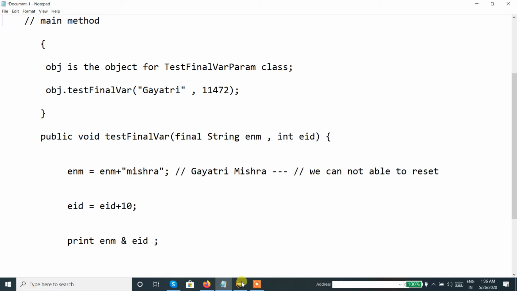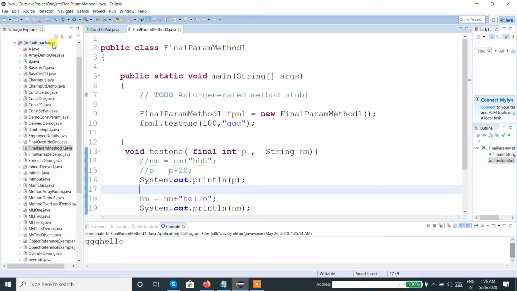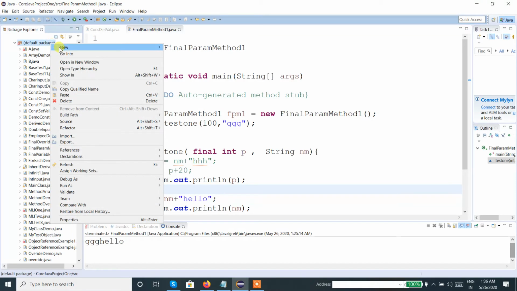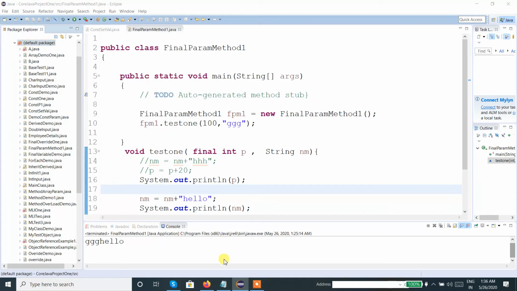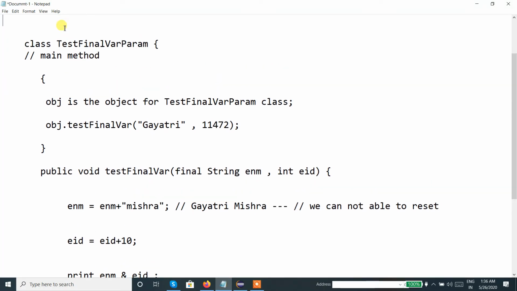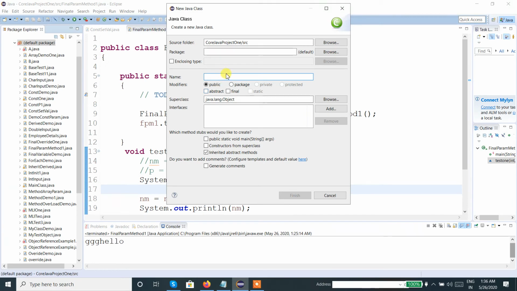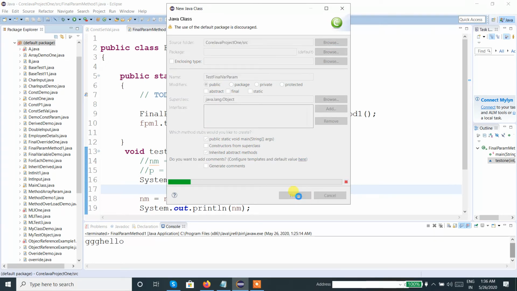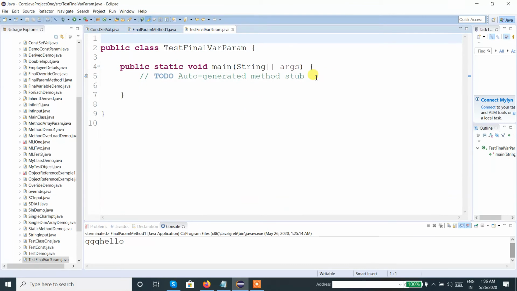So let us enter into Eclipse. Let's create a class. Let's say the class name is the same class which we mentioned over here, test final variable param. This is a main class, and let me click on finish.